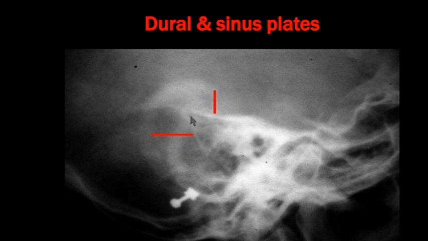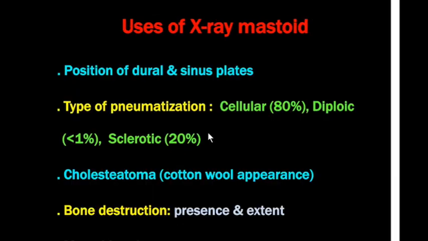This angle is known as, you all know by this time, the sinodural angle. Very simple. Dural plate, sinus plate, in between is an angle which is known as the sinodural angle. Other name of this angle is Citelli's angle. So this whole radiology is very relevant because you do an X-ray, you can assess the extent of disease or damage that has occurred, and then you can plan the surgical management of this patient accordingly.